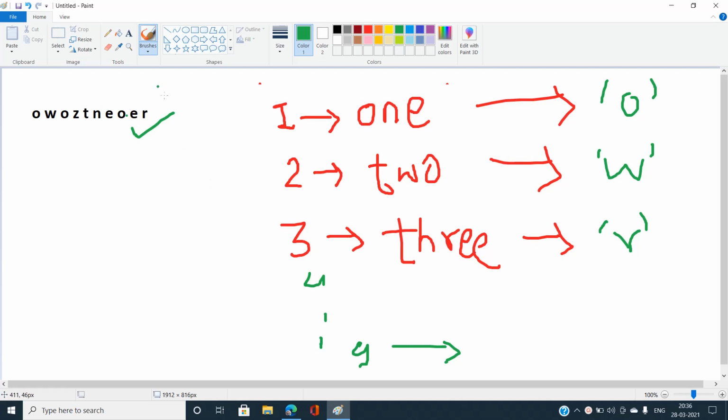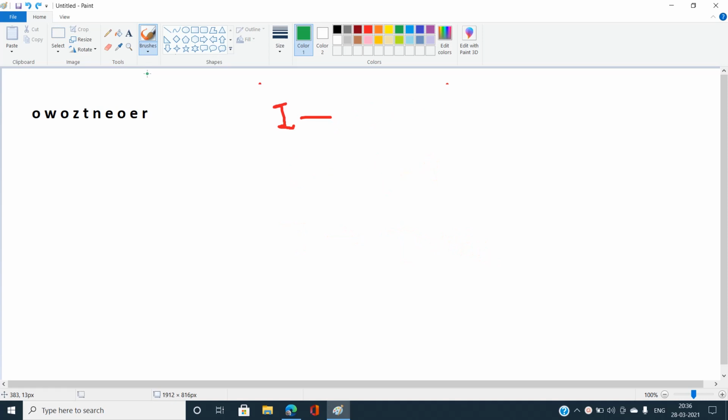Okay, so let's erase this stuff. Let's find out the frequencies of the characters of this string. You can see O comes out to be 3. In the problem statement it also mentions that the answer must exist and it is a valid answer.